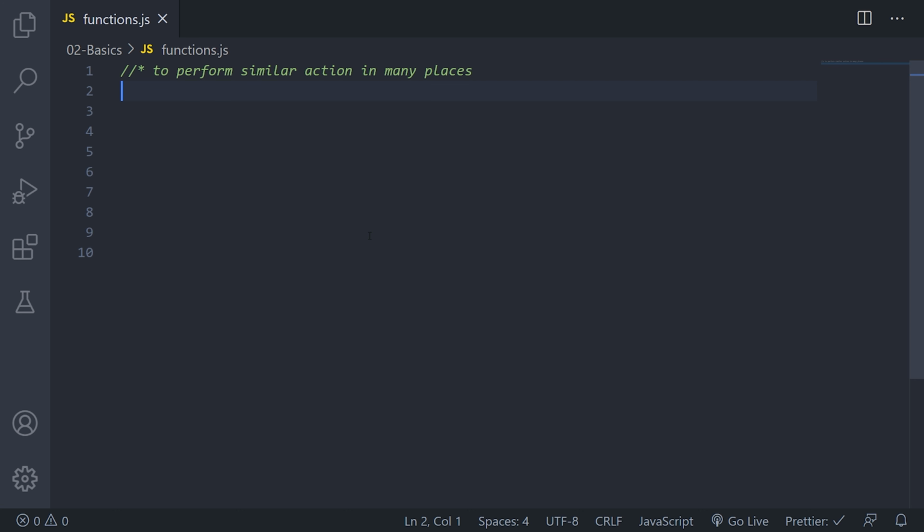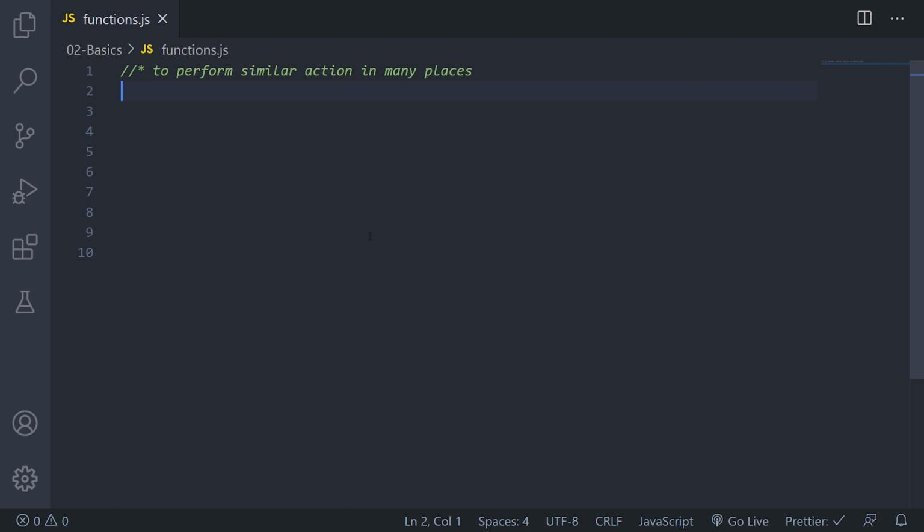Earlier, we learned about performing repeated actions using loops: for loop, while loop, and do while loop. Let's say you create certain functionality and you can call it from any other program to perform the same action. That's why we need functions.